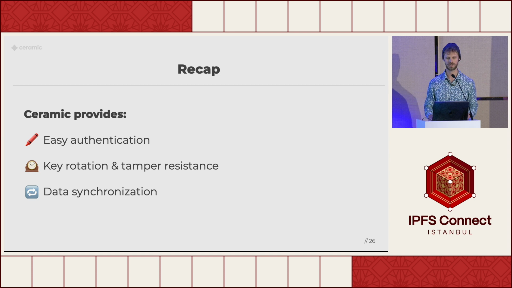All right, so to recap, Ceramic actually provides EC authentication because you can natively support wallets, which is being extended to support things like passkeys, potentially things like Passport in the future. I think that would be super cool. We're also looking at ways to author data based on on-chain Ethereum state. So for example,